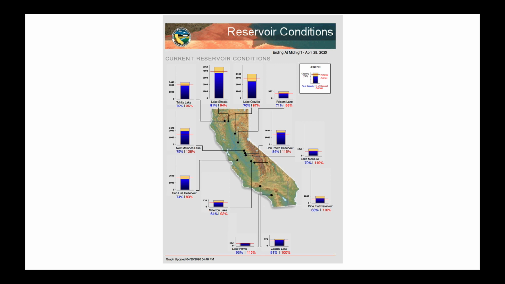And when I look around the state, about the only two that I see that are a little bit lower than the historical averages are these two. And Lake Oroville really shows up with below average. And I'm curious, I have not been out to visit much. I was there in the winter, but I didn't get out to see any of the reservoirs.